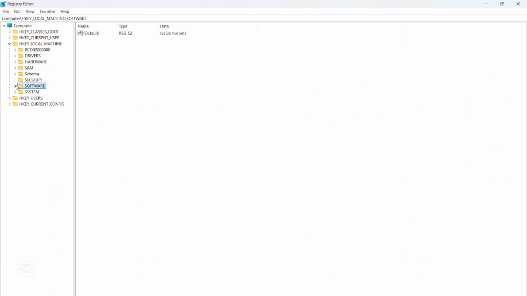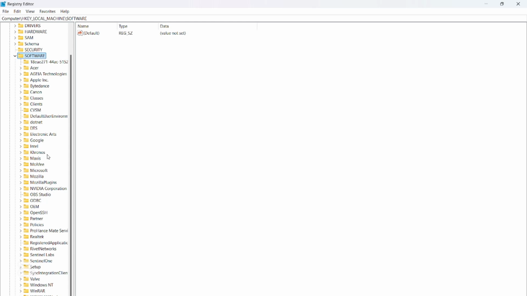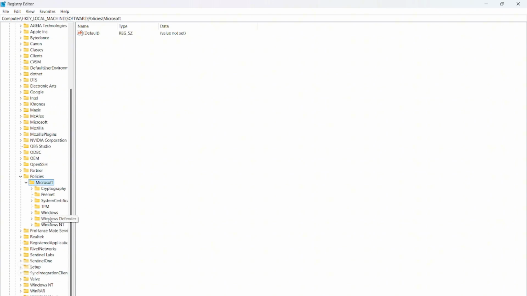From here, what we want to do is select HKEY_LOCAL_MACHINE and then go to software, scroll down, find policies, enlarge that, enlarge Microsoft, go to Windows Microsoft Defender, policy manager, right click, select